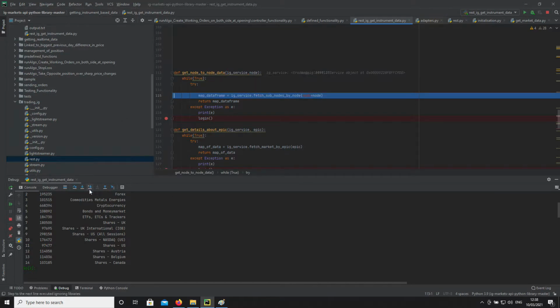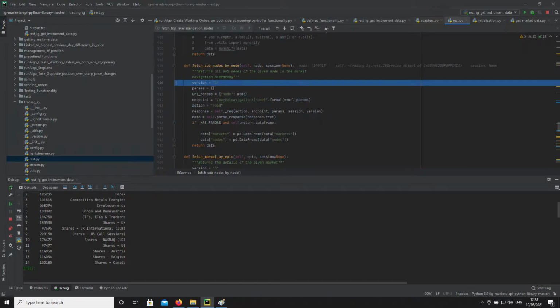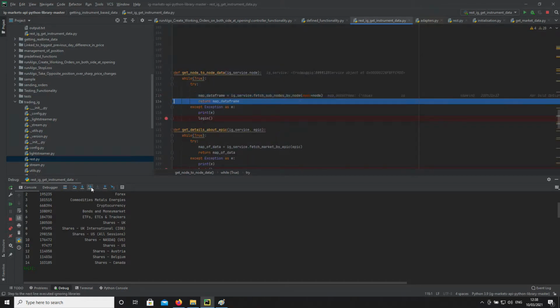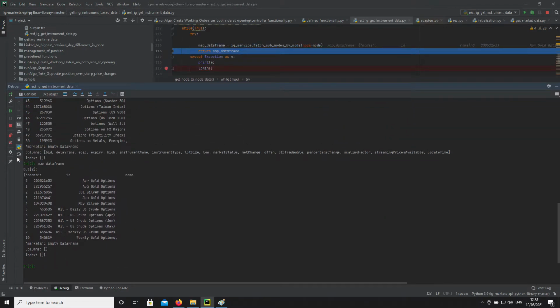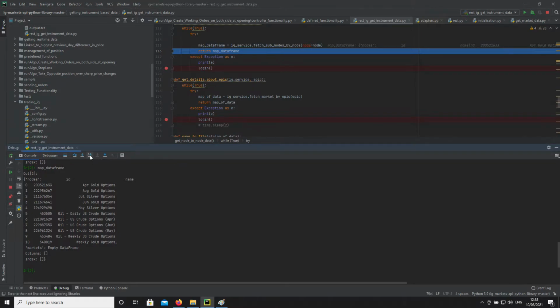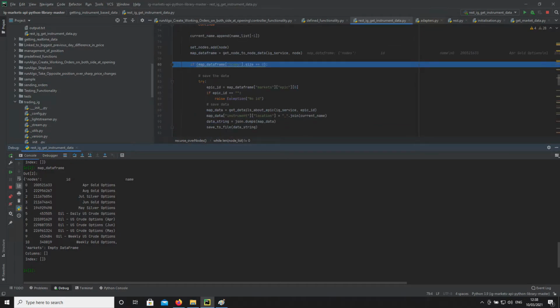Okay, so if we go back to here, you can see we're then fetching the node by node, and you can see this is the kind of logic here. That gives us another map of data. So you can see again, nodes is populated, we've got IDs, and we've got names, and the market itself is empty. So if we do go into that,